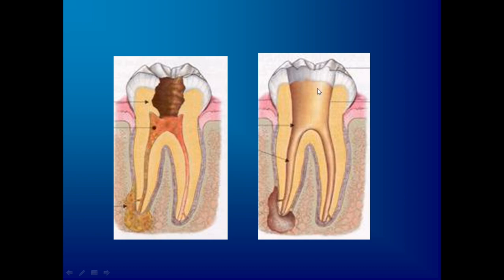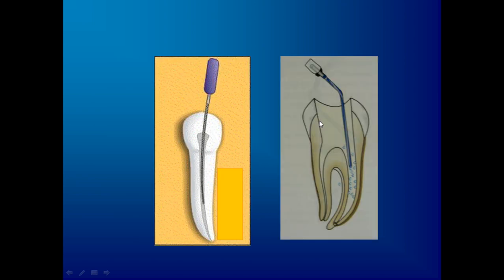In such cases, when the patient presents to us with a swelling and pain, we first have to gain access to the root canal, which is called access preparation, then followed by shaping. Hope you remember, this is the filing motion, and the shaping is usually done with files, H files, K files and many others, followed by irrigation.